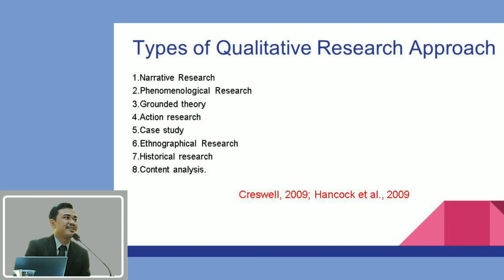Okay, we go to the second type of qualitative research, phenomenological research. This kind of research allows a researcher to understand the meaning of people's lived experience. It means that a particular person's experience is sometimes quite important to be understood, because of maybe his excellent behavior or skills or other capacity that make him very extraordinary or unique. For example, if we try to understand why a person, a soccer player,